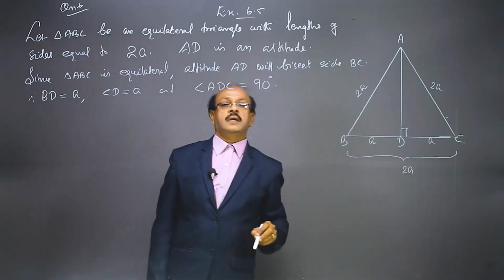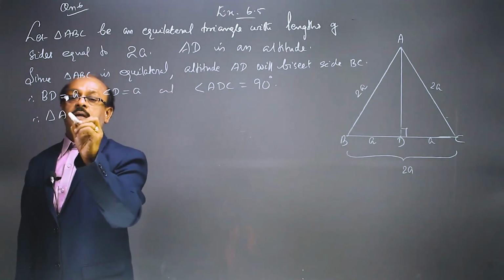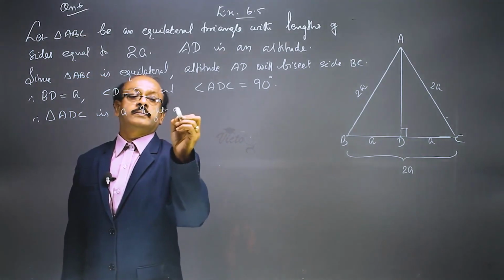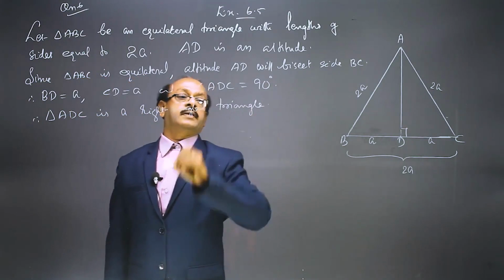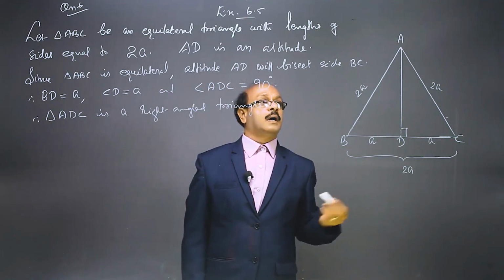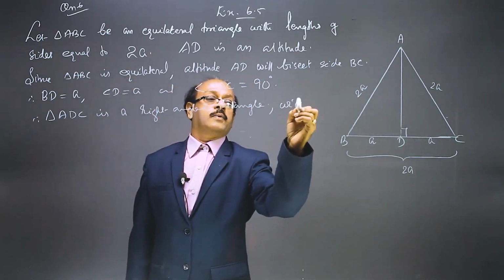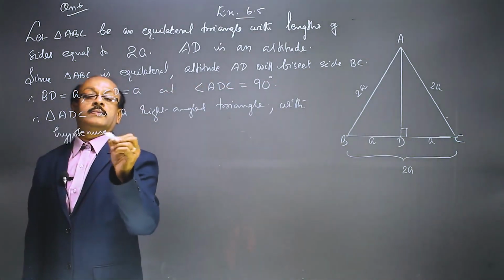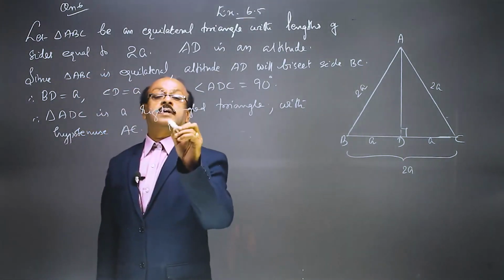Now triangle ADC is a right angled triangle. So we can apply Pythagoras theorem here. AC is the hypotenuse. Now applying Pythagoras theorem,